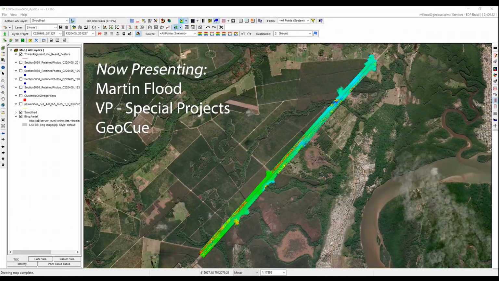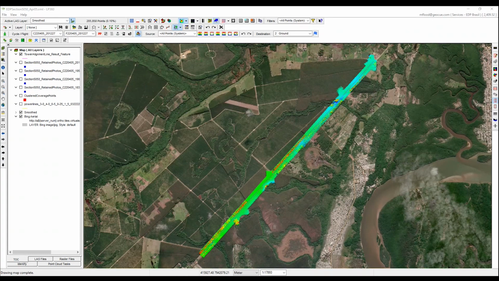This is data collected for EDP Brazil using a TrueView 515 in April of 2022. This is a section of line where we've gone through and processed the data, done wire extraction, which is collecting, identifying the hits or returns on the wire, vectorize those to create catenary curves, essentially vectors that represent those wires,